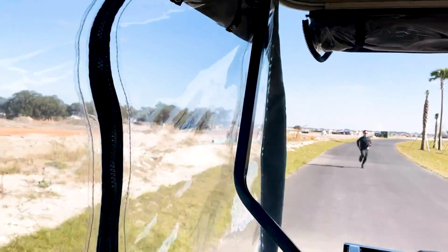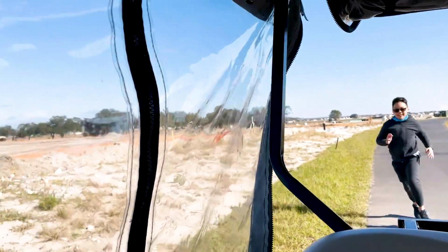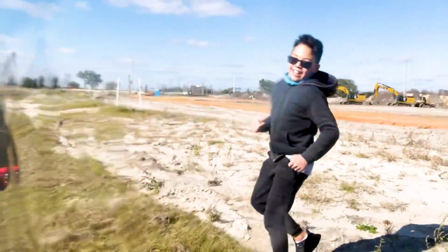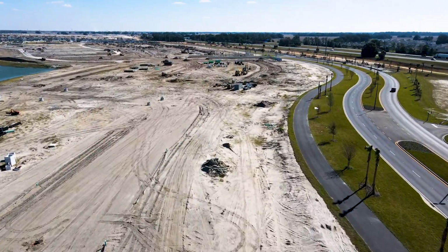You say you can keep up. There you go! Ethan got out to do the snaps on the side of the golf cart, so we had to take